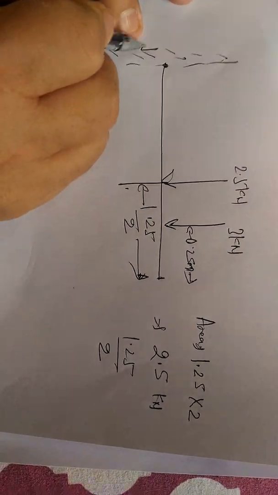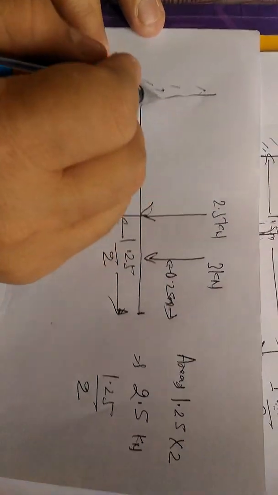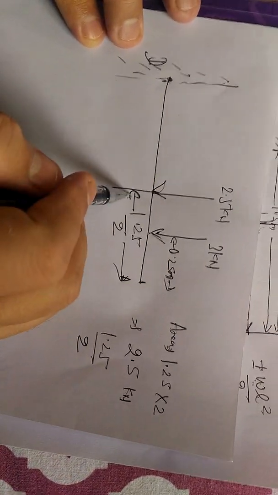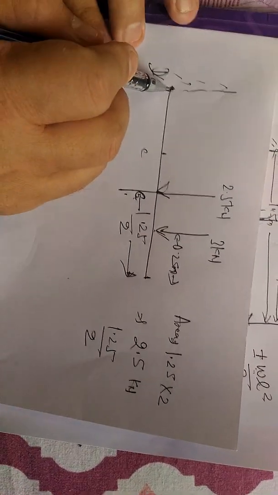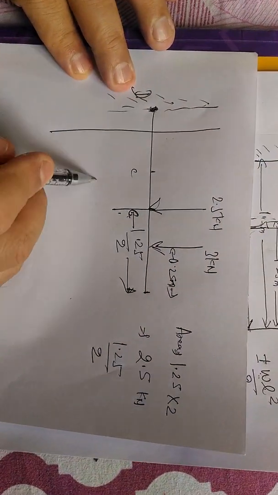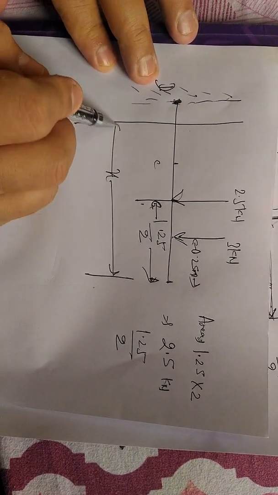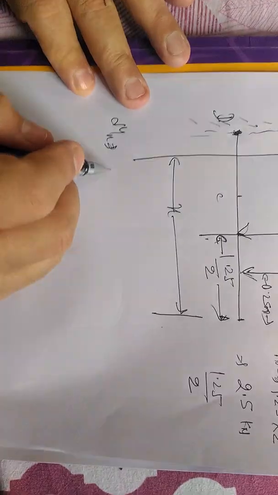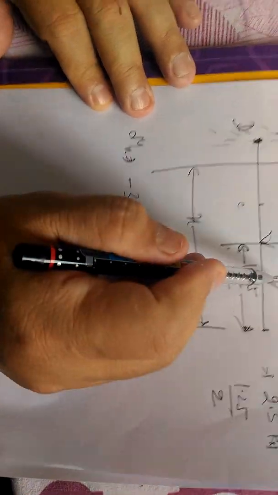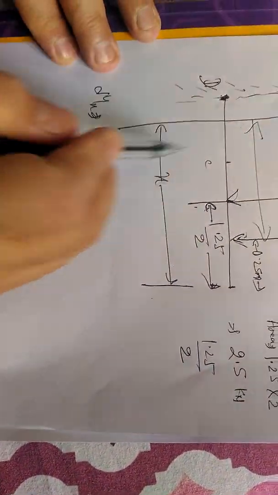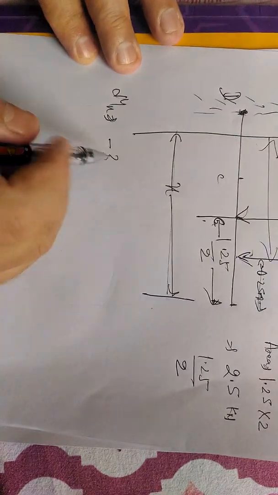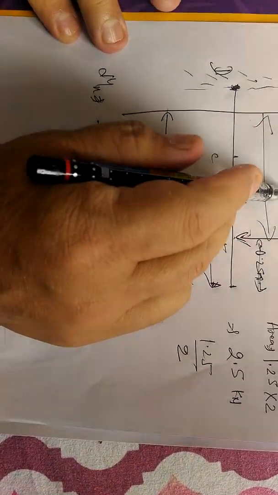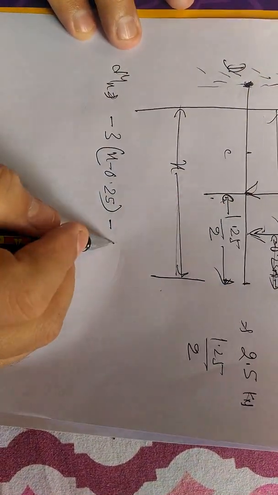So we have to find out the bending moment at point D. Already we have calculated till point C. So finally we'll find out the bending moment at D. So we'll consider a section at a distance x starting from the beam and just before D, and writing the bending moment equation, Mx is equal to, this is downward, so minus 3 into this distance. This distance is how much? x minus this left distance, that is x minus 0.25, and for this, this is acting downward, so minus